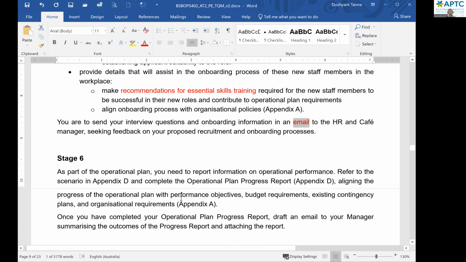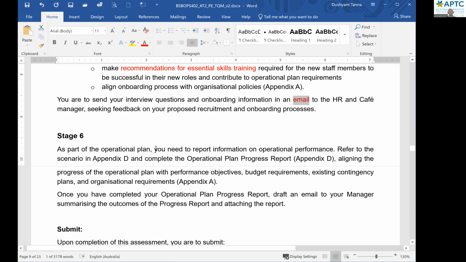And the final stage. As a part of the operation plan, you need to report information on operation performance. Refer to the scenario Appendix D and complete the operation plan progress report, aligning the progress of the operation plan with performance objective, budget requirement, existing contingency, organization requirement, everything. Once you have completed the progress report, draft an email